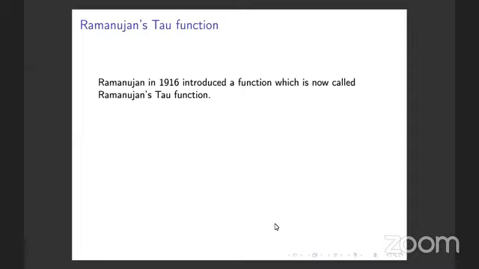And in 1916, Ramanujan introduced a function which is now called Ramanujan's tau function. I'm going to write that function for you. It'll appear mysterious, and that's again one of the examples of Ramanujan's genius. Even though he wasn't formally schooled, he had great intuition. He never had a proper teacher. He was completely self-taught, but intuitively he understood what it must mean for an infinite product or an infinite sum to make sense.